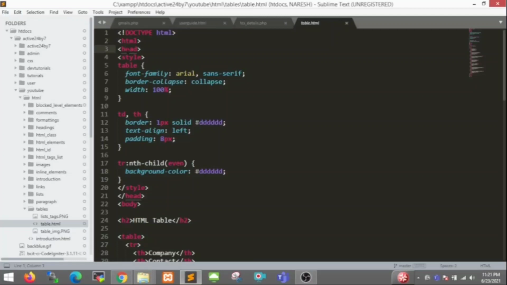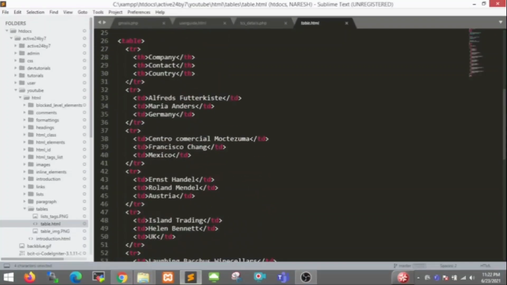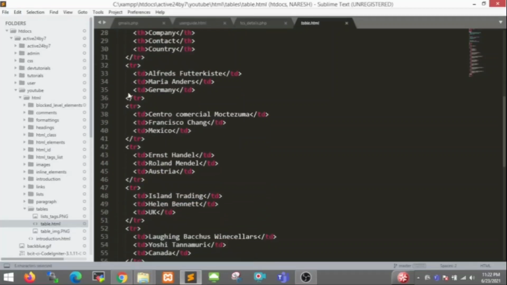Here I open the head tag and the style tag for the table, I apply some CSS properties here and close the head, and after that open the body, and I write the HTML table heading.